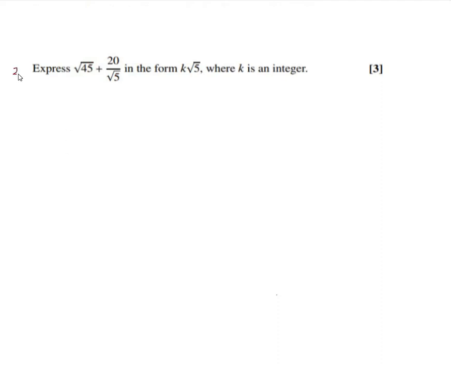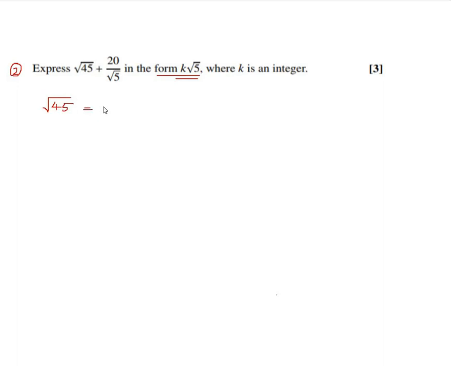This is a second type of example from the Surds. Express square root 45 or radical 45 plus 20 over square root of 5 in the form k root 5. That means whatever answer we get at the end should be having the form of k root 5. Now, square root of 45. By chance, if they have asked you not to calculate using the calculator, here is a way to solve the radicals. We usually split the radicals as